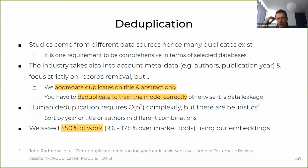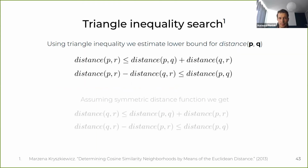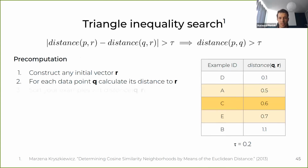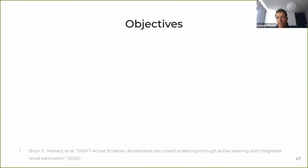Yeah, so I don't have much time left, so I will skip some slides, I think, because now I have some very nice trick for how you can optimize this duplication so it is not time square complexity. If the slides are accessible, you can take a look at the math here and the reference paper. But basically, what I try to tell you is